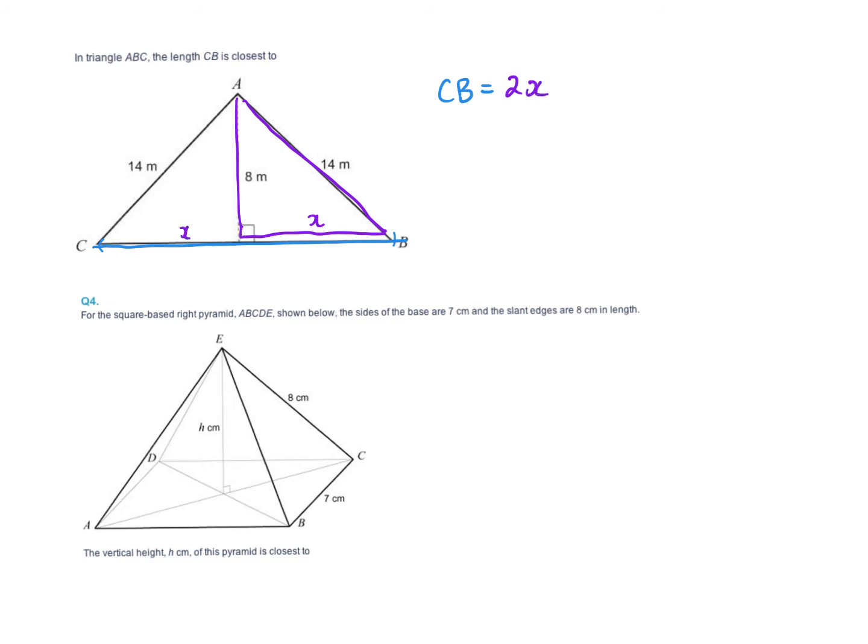So I'm going to go find X using this as C, this is A, and this is B. So I've got C squared equals A squared plus B squared. So 14 squared equals 8 squared plus X squared. You can use your solve, comma X, and we find out what X equals, which